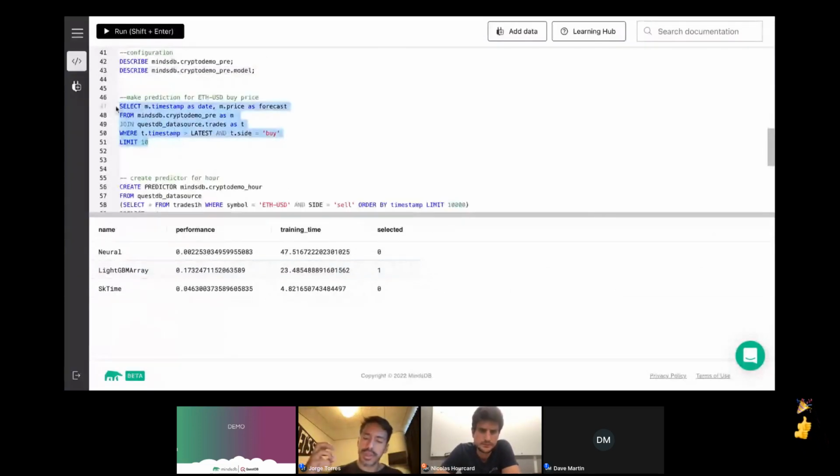The cool thing, though, is that you can join that model with the data that you have, so it can take the information that it needs for the historical data from whatever you have on the left-hand side of the join. So here we're saying, okay, I'm going to join my predictor with the data that exists in the data source that I have, which is the QuestDB data source, table trades, and I want to predict for timestamp greater than latest.